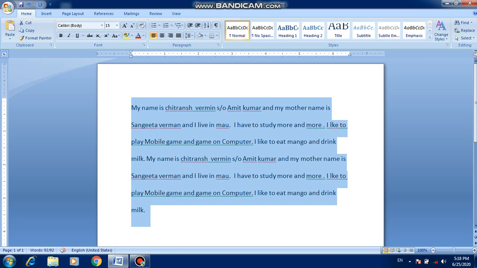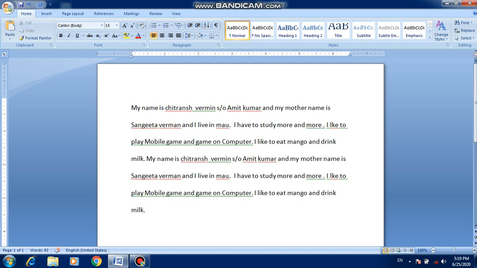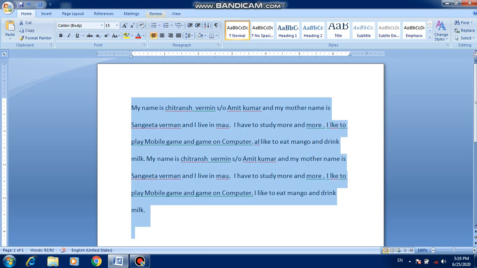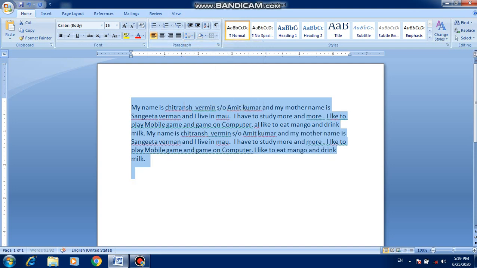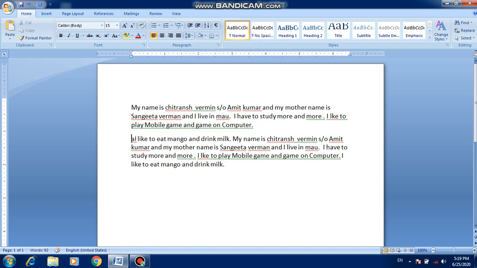Paragraph spacing. If you want to give space between two paragraphs, then you can also give space. Here I am making two paragraphs, one paragraph from here, another from here.